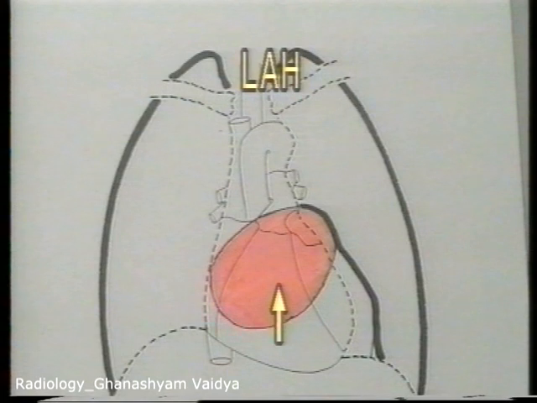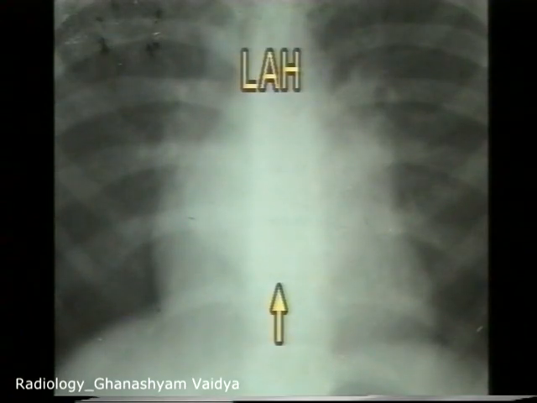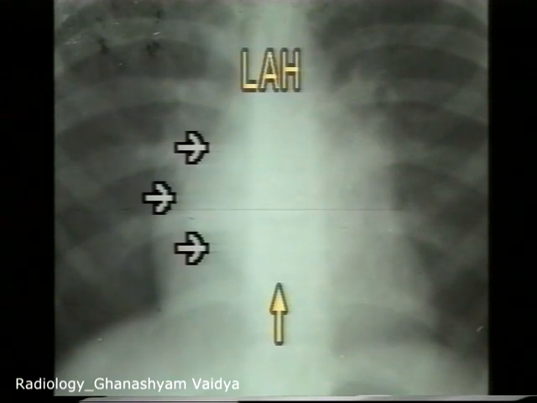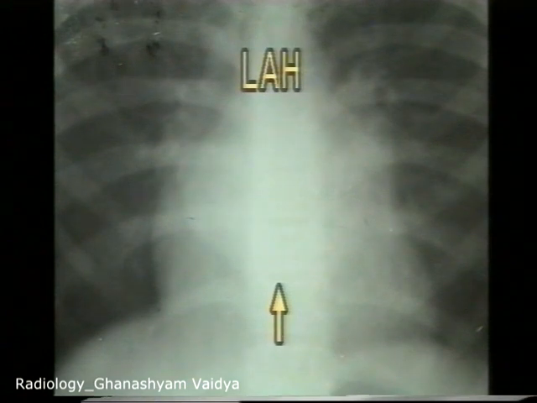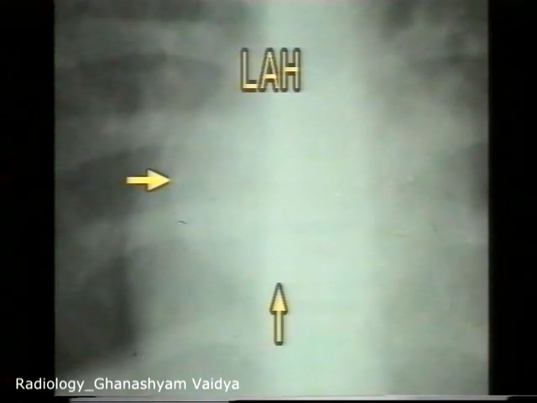The second characteristic of left atrial enlargement is the double atrial shadow, seen as a dense, whiter, globular shadow within the heart shadow. This is better appreciated on the right side, where the X-ray contrast is better. Note this typical X-ray of double atrial shadow, an oval, dense white shadow within the heart shadow in a patient of mitral stenosis. Note in the close-up view the dense white shadow within the heart shadow due to left atrial enlargement.